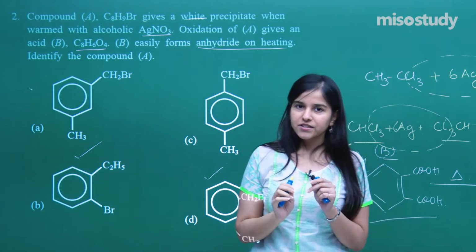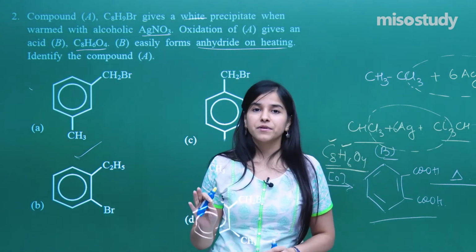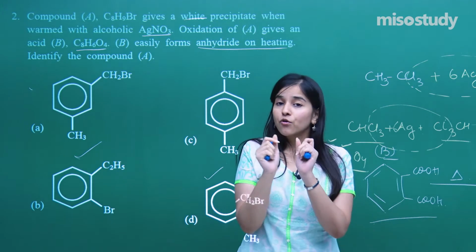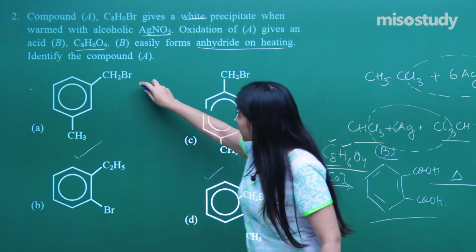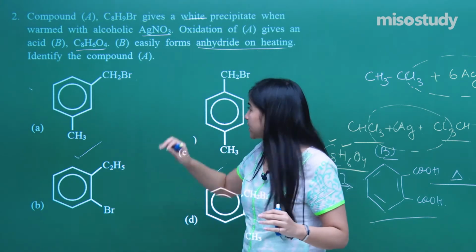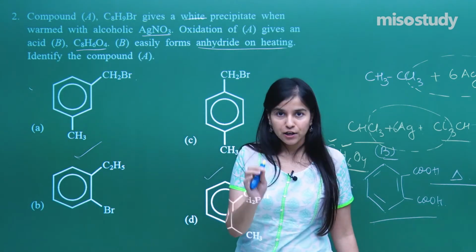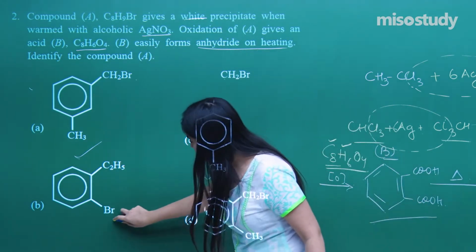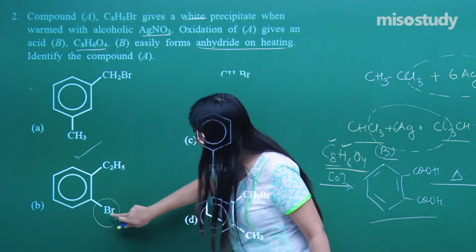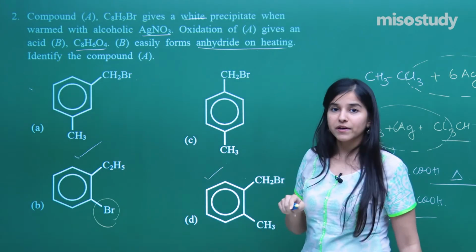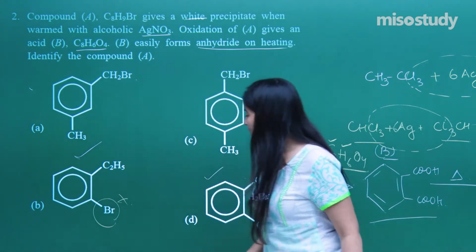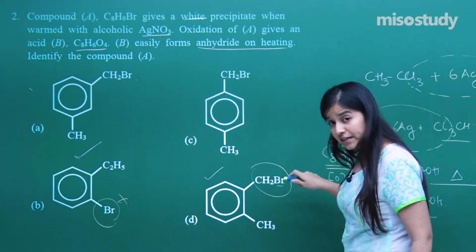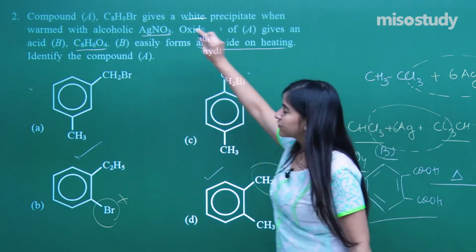So what is the particular reaction here? We get AgBr as the precipitate. And this very kind of reaction happens only in straight chain, only in aliphatic halogens. That means I will not be considering this as an option, as this is the bromine which is directly attached with the aromatic ring. That means we do not need this. What we need is a straight chain carbon atom having the bromine. This particular compound will definitely give the reaction with AgNO3.